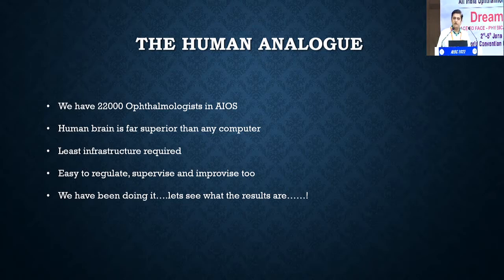So let's ponder. Beautiful work has been done by artificial intelligence people across the globe. Something machine dependent has come. But just blink your eye and think once again. Can we think beyond machines? Can a human analog be developed? Can we learn here in our brains rather than feeding so many things into the machine and finding out the errors? So this is the thought to be had here in this hall. Thank you all for your attention.